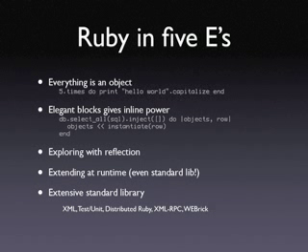Then of course also the extension at runtime. You can extend any object in Ruby, like the number 5, for example. If we want to add a method to that, we can just add a method to the class Fixnum, and all integers in our system will now have this method. You think, oh, isn't that pretty dangerous, that anybody can extend anything in the system and that's going to blow up pretty quickly? Well, it turns out that it doesn't if you just follow a couple of pretty simple and